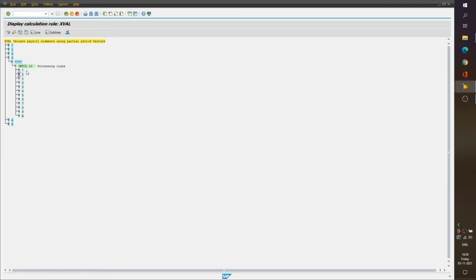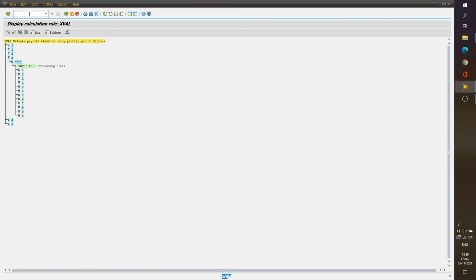Okay, if you do not follow, I would again request you to go back some 30 to 40 seconds and understand what I am trying to say, because this is very important. So the rules are written based on specifications of processing classes, and whenever the wage types are created, the only setting that we do is mapping of a particular wage type to a processing class. Okay, so this is true for each and every processing class that we have.